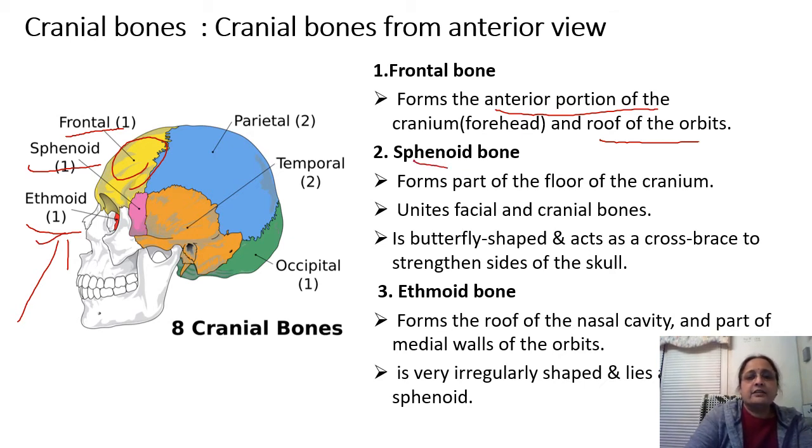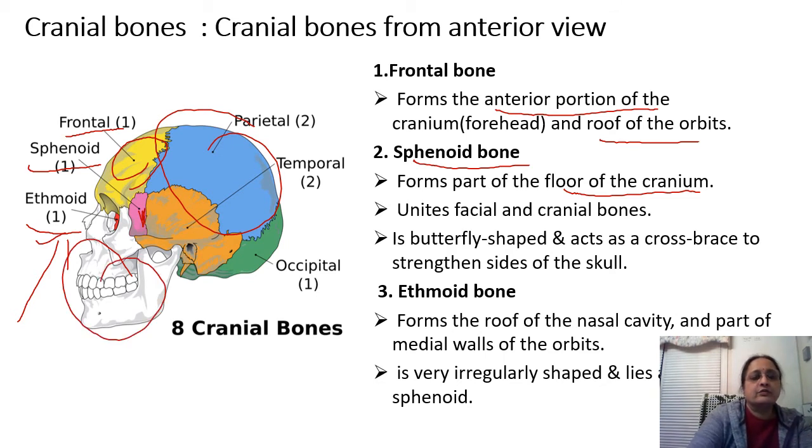Go for the second one, sphenoid. This is the one that is involved with the formation of the floor of the cranium, a part of it. And this is the one that connects this entire cranium to the facial bones. So this is nothing but a connecting link between the facial bones and the cranial bones. Its shape is also somewhat different. It is butterfly shaped and it acts like a cross brace so that it can strengthen the sides of the